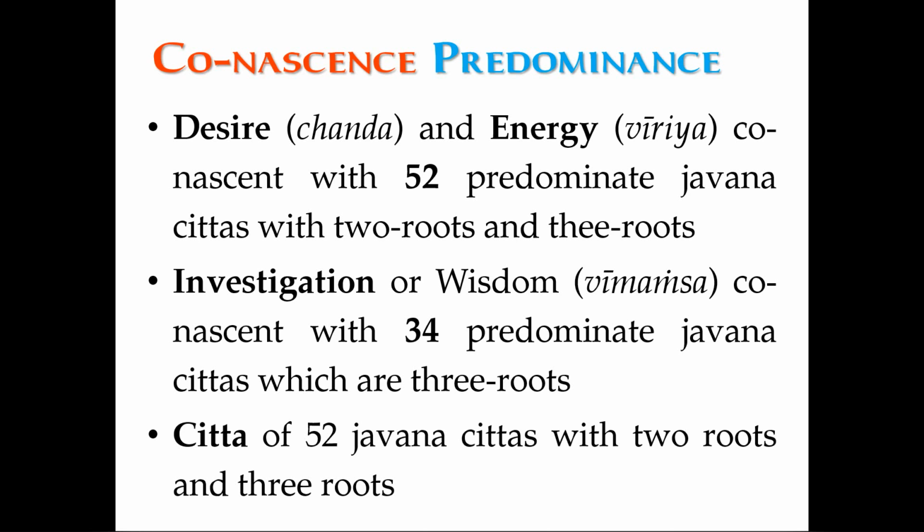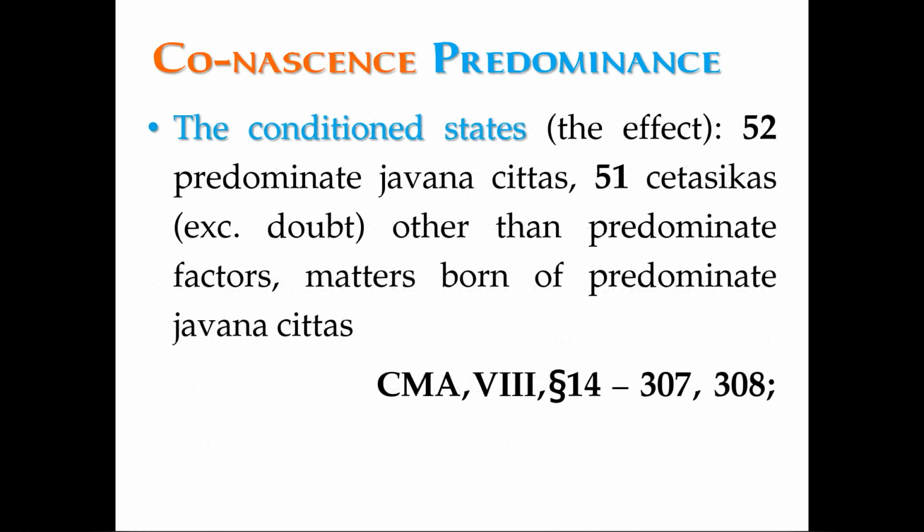So actually they are the causes. Because of one of these four predominants, there will be the effect, the conditioned state. Because of one of the four predominants, there will be the 52 predominant javana chetas,